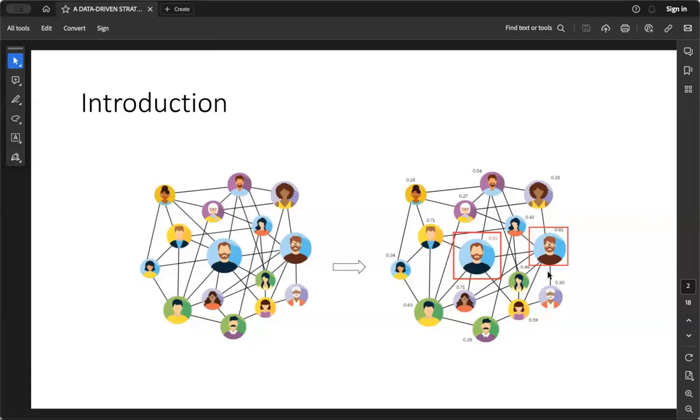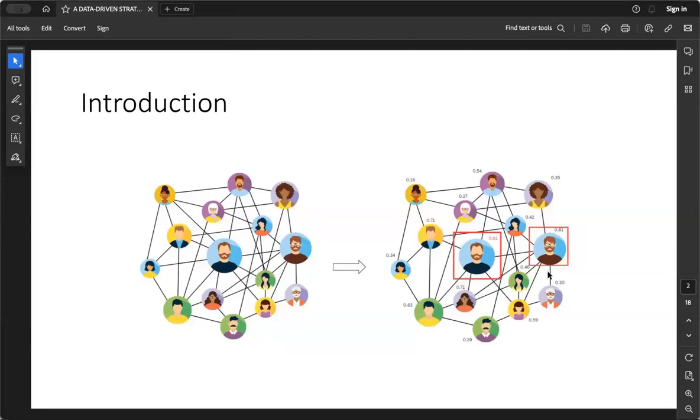So in this paper, we have proposed a modified PageRank algorithm called the hate speech potential rank, which uses a data-driven metric called hate speech potential to generate ranking of users on an online social network. As you can see on the screen here, we have a social network where users are connected to each other. What our algorithm intends to do is for each of these users, it intends to provide a rank or a label such that we can flag those users in a large network.